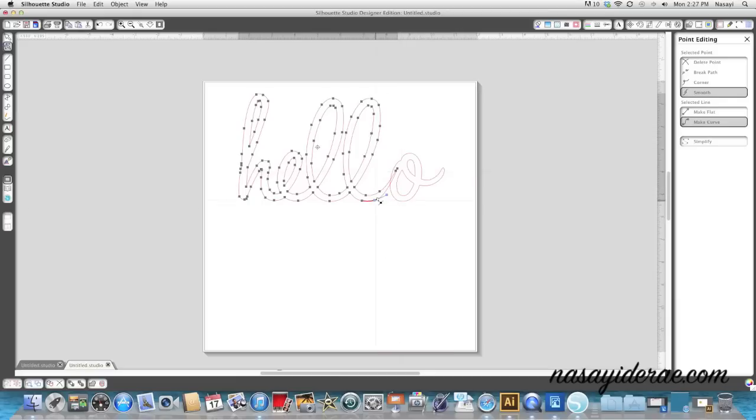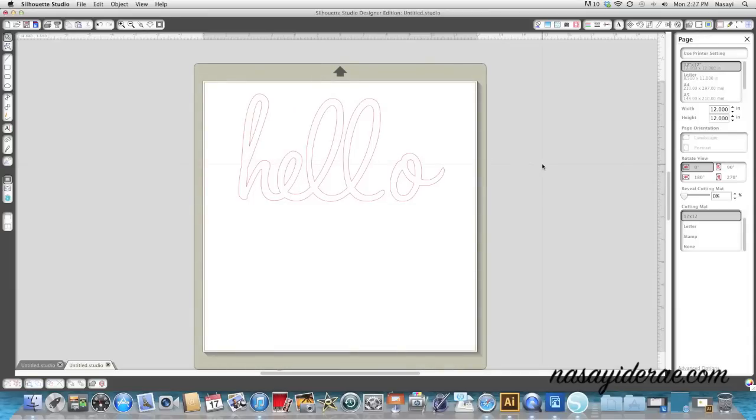Now in this instance, I don't want to delete this point. I want to delete these 2 points up here. So I'm going to use the tool and select that point there, click delete, go back and select this one, click delete, and now I have a much shorter tail. So now if I click off,